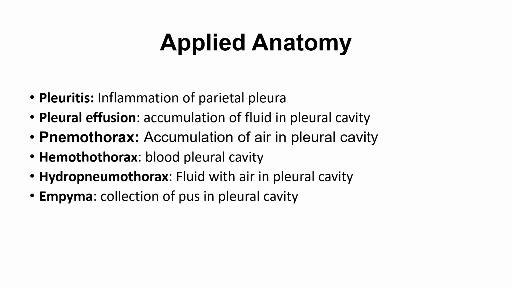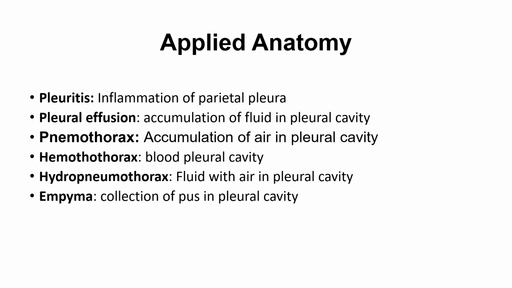Inflammation of the parietal pleura is termed pleuritis, and it is a very painful condition. Pleuritis is commonly seen due to infections, but in our country, tuberculosis is one of the major causes of pleuritis, and it can be diagnosed on auscultation by hearing a sound called pleural rub, which appears as a creaking sound when two leather surfaces are rubbed against each other.